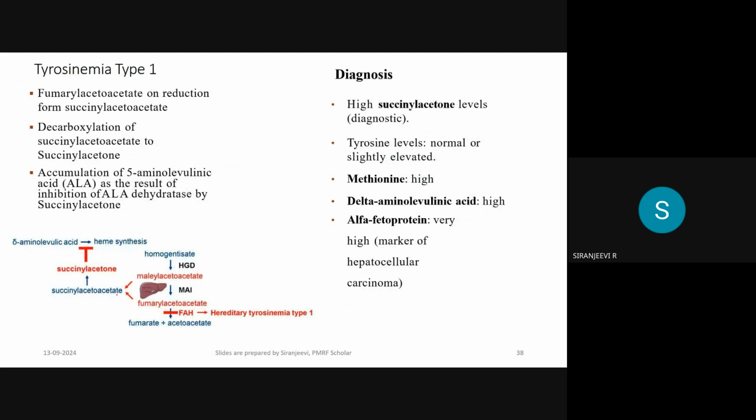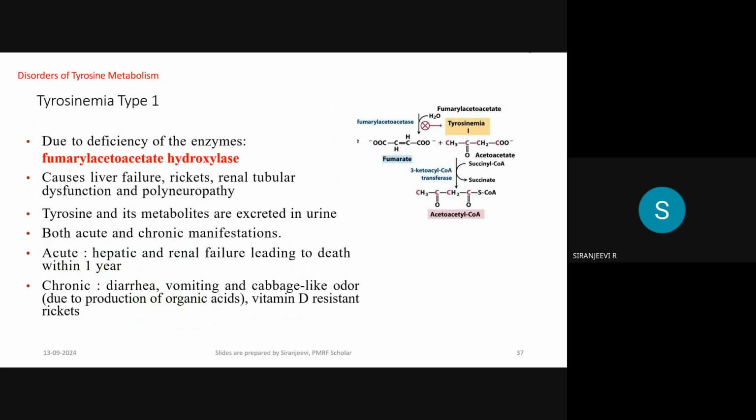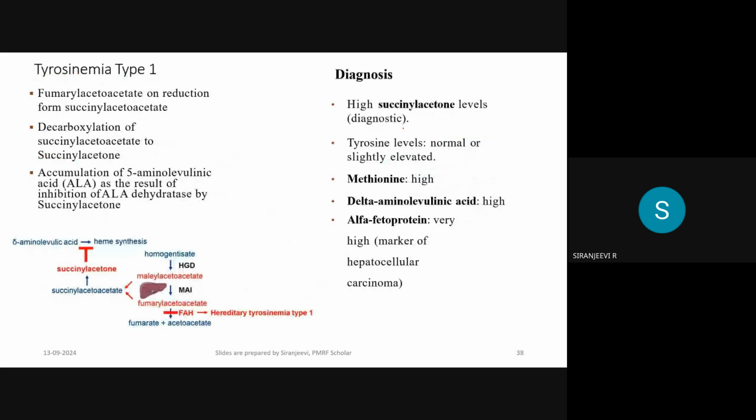And overall, this fumarylacetoacetate is accumulated in the body due to the unavailability of the enzyme. So that leads to the formation of the reduced form called succinylacetoacetate, and the decarboxylation of the succinylacetoacetate forms succinylacetone, and this succinylacetone leads to inhibition of the heme synthesis pathway. So the succinylacetone goes and binds to the ALA dehydratase, where it inhibits the delta-aminolevulinic